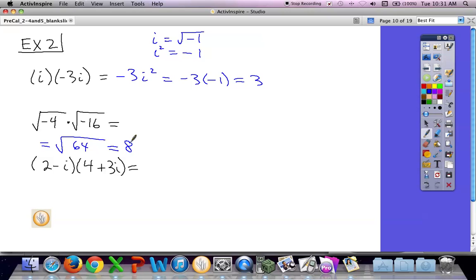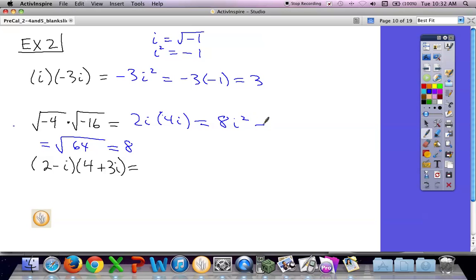Because that property, the product property, only works when both of your factors are real numbers. And these are not real numbers because they're square roots of negatives. So instead, you have to use i to simplify each factor and then multiply. Right? What would be the square root of negative 4? 2i. Right? And what is the square root of negative 16? 4i. Right? And when I multiply those, I get